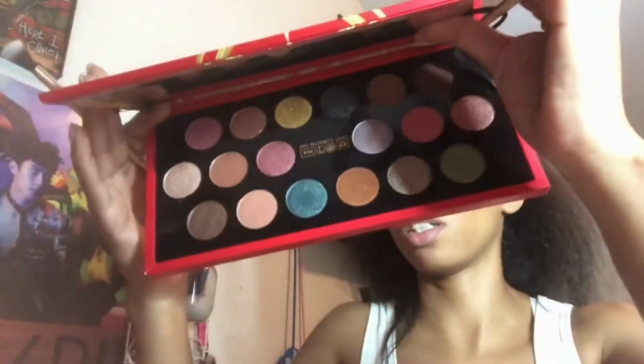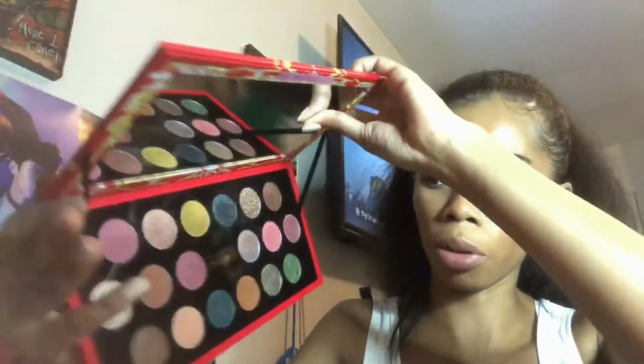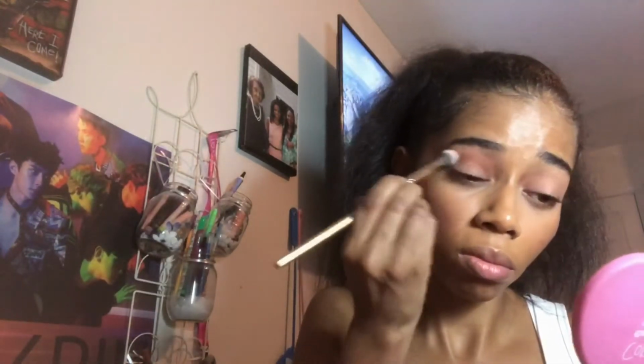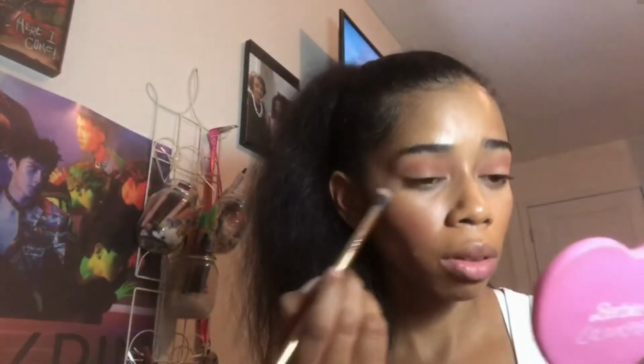Hopping right in. I'm going to take this shade right here, which is this brown shade. I believe it is called Sunrise Amber. I'm going to pick it up on this Luxie 205 tapered blending brush, and I'm going to place that right into the crease. Next, I'm going to go into the deeper brown shade Nocturne. I'm going to put that on the same brush, and I'm going to put that onto the outer